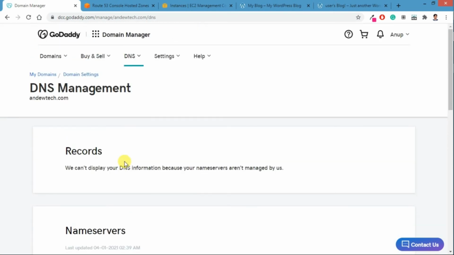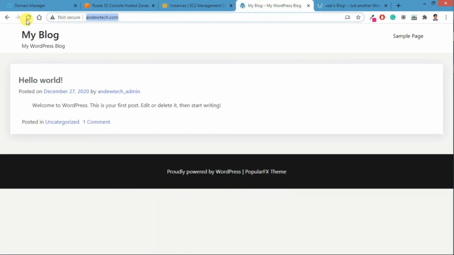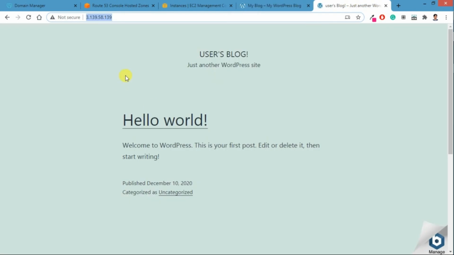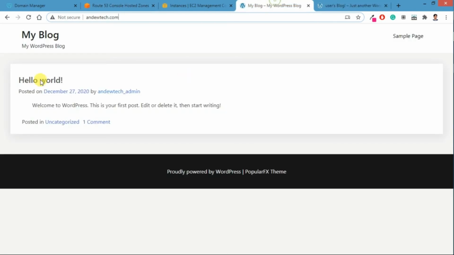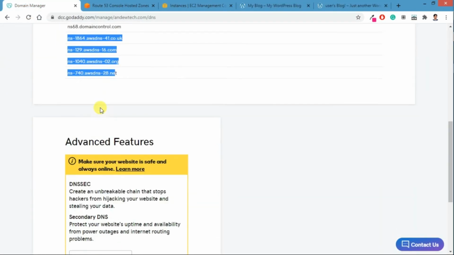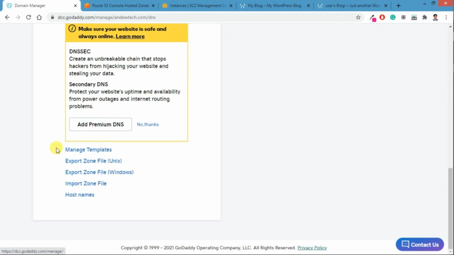And let's see after some time. This will be done, meaning our name server will be updated, and once we load our website, anditech.com, our new website will be loaded. Right now it's loading the same because we have just now pointed it. We'll again come back after 2 hours max, and once it has propagated to AWS, we'll log in and verify it, and at that time it will show this new installed website rather than showing this one.